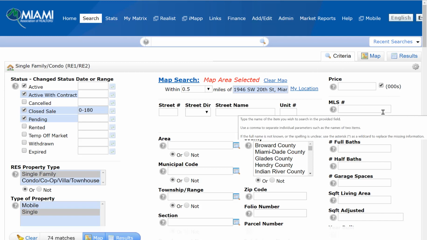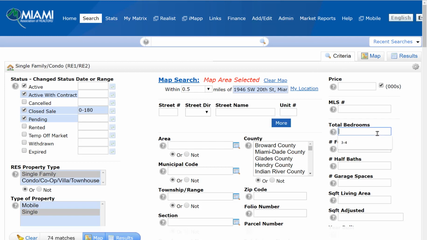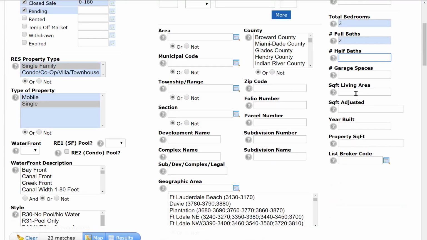Now, all the way to the right. This property has 3 bedrooms, so I'm going to start with 3 bedrooms. 2 bathrooms, I'm going to start with 2 bathrooms. If I don't get enough results, then I may need to look for properties that have an additional bedroom and/or bathroom. We are going to specify square foot living area, and we are going to calculate a 20% range,